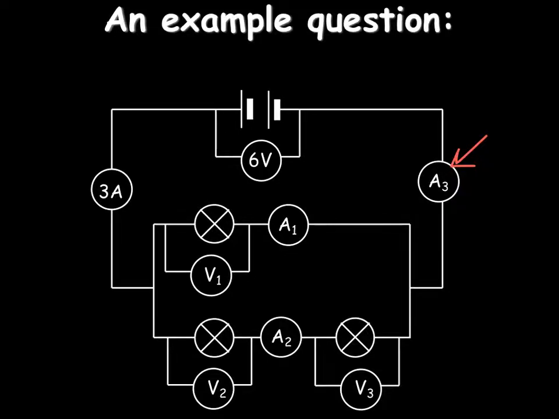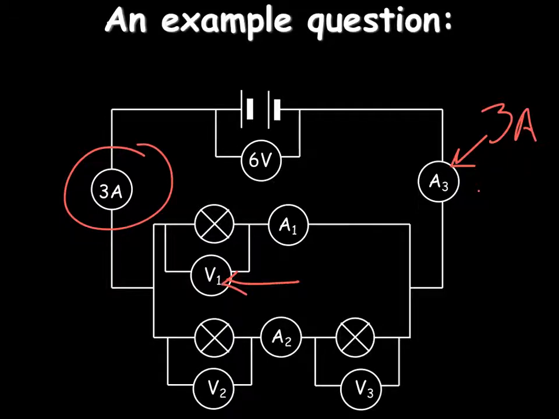Okay, I hope you're back now. This is 3 amps. Because the 3 amps on this side must be the 3 amps on this side. It must be the same everywhere in the circuit. The next easiest one is this one, because it's connected directly across the battery. The only load, the only drop in voltage in the entire branch, if you follow,